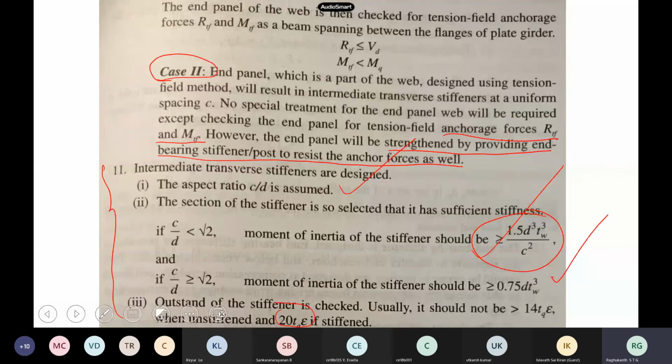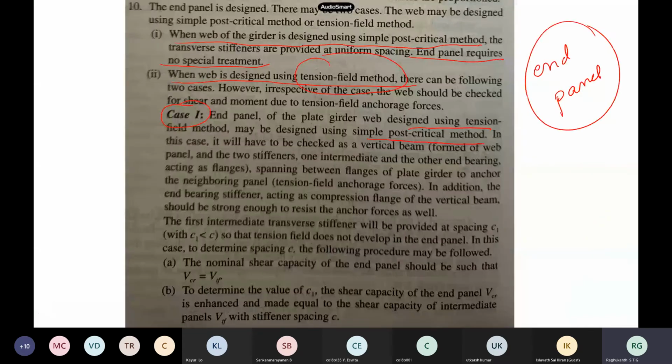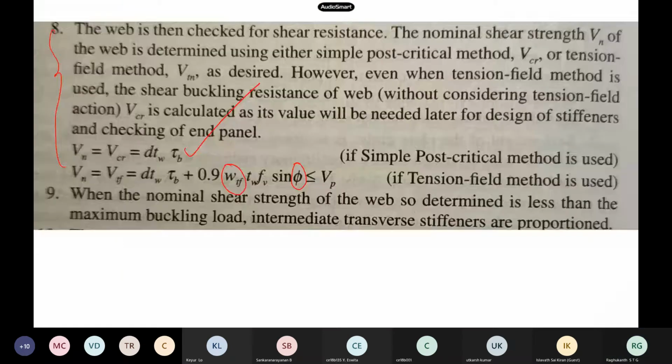We have to design the web and check for buckling of the web. But now there are no stiffeners here. So what happens? Tension field will not get formed. End panel design you can ignore.